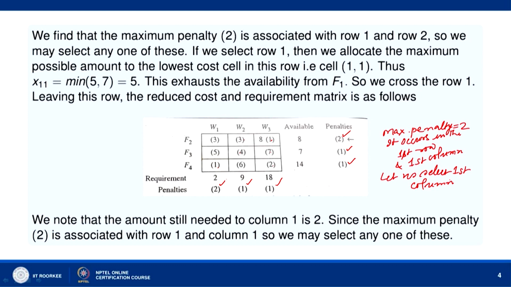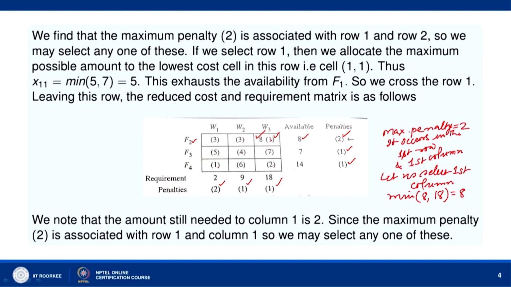Okay. Now, then we will identify the cell which has got the lowest cost. Okay. So, this cell has got the lowest cost, and to this cell we shall allocate the maximum possible amount that is available. Okay. So, with F2, 8 units are available and the requirement of W3 is 18. So, we can allocate maximum possible amount with F2, that is minimum of 8 and 18, that is 8. So, we can allocate 8 to W3. Now, all the available units with F2 have been allocated.